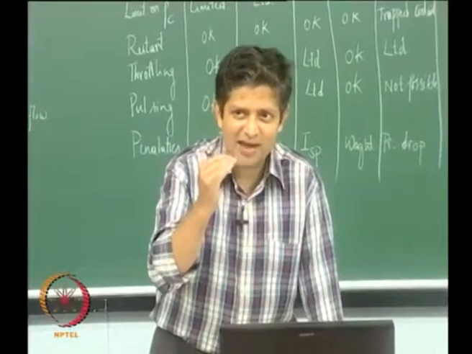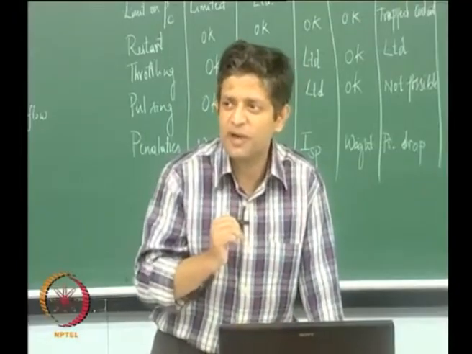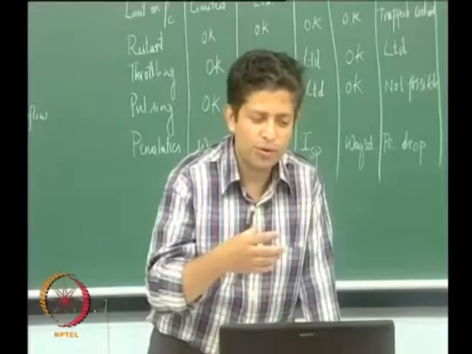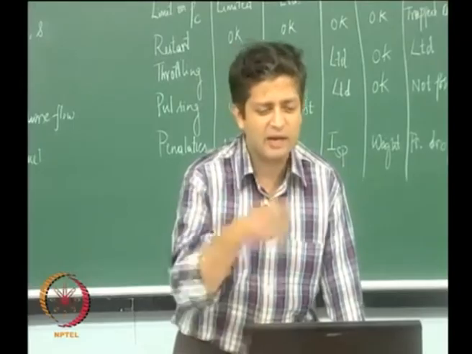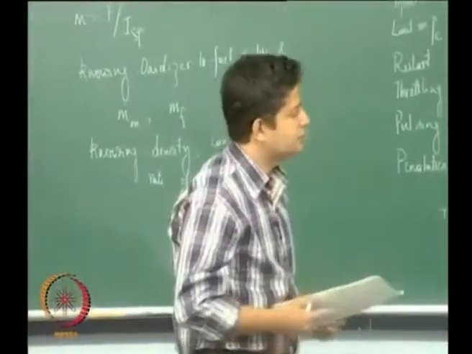Now this tank has to be filled at some pressure by the pressurant system at the end of burning. If you look at it, the pressure inside the tank should be the same as what we started out with in the beginning, if we are not doing any thrust variation. So you need to take into account the volume of the tank and what pressure it is going to be stored at the end, and then calculate the volume you need to have, and that will help you size the pressurant tank. So if you look at doing that,